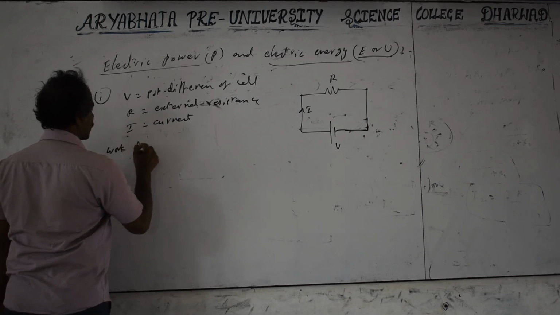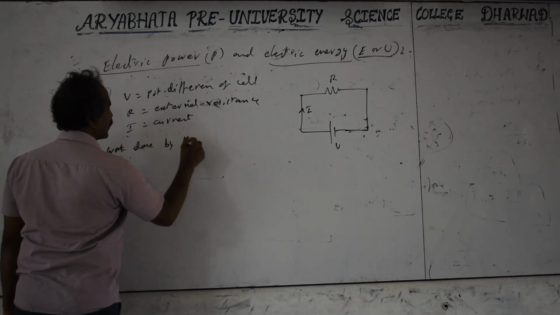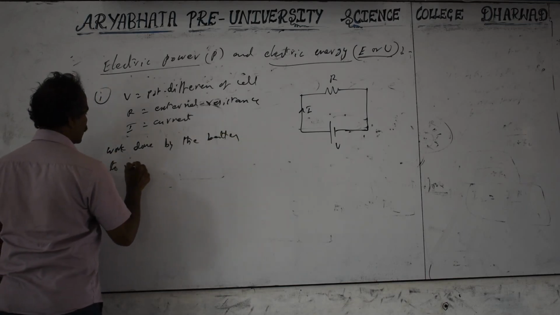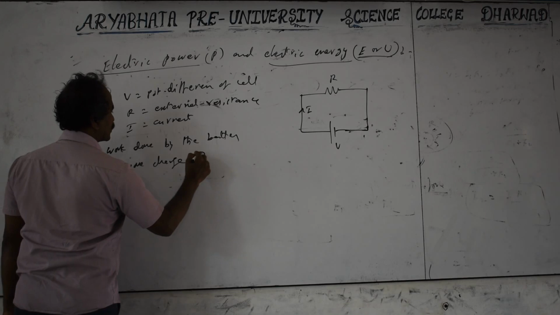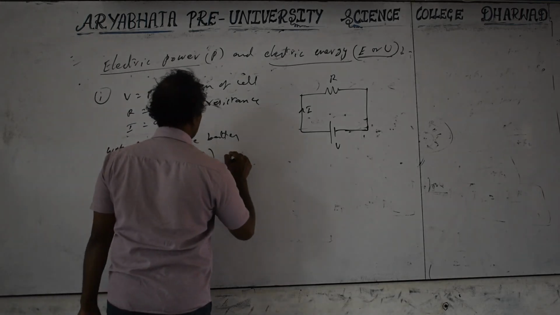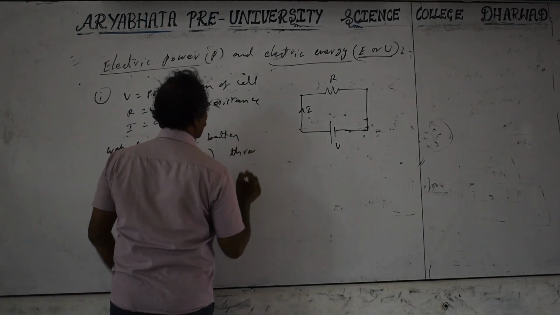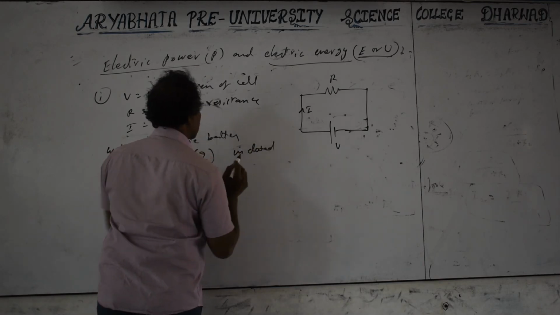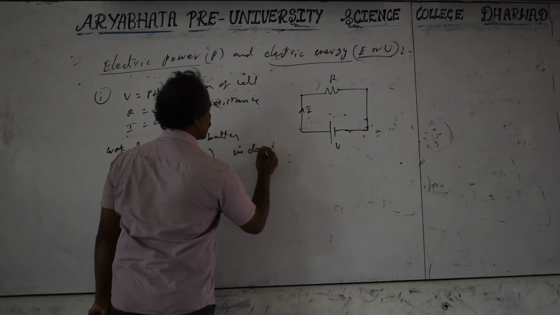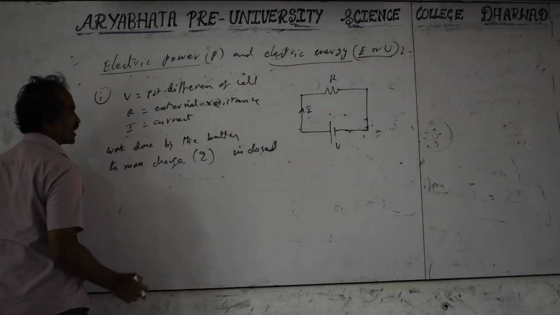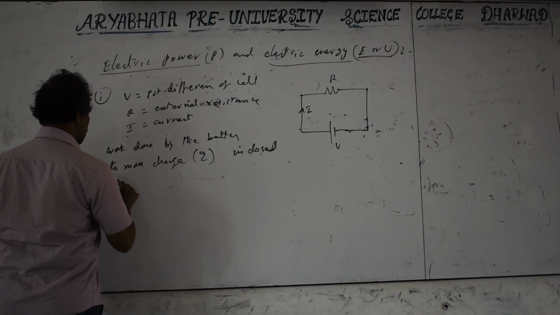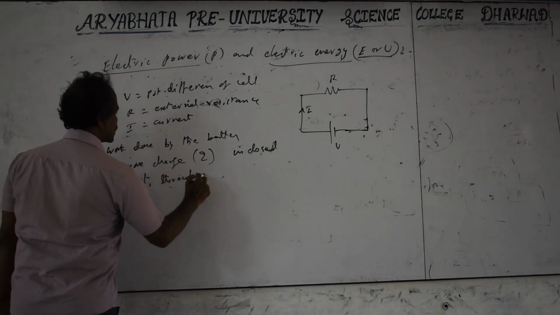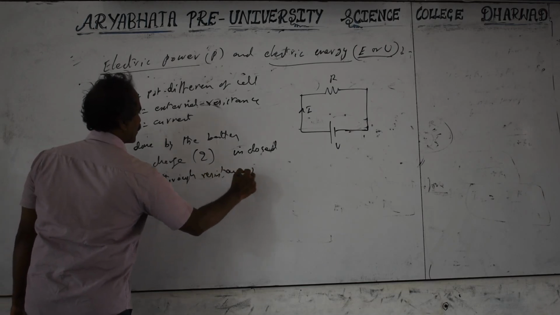Work done by the battery to move charge Q in a closed circuit. In a closed circuit, for the current to move, the circuit needs to be closed. Closed means the charge can come back to the starting point. In a closed circuit, through resistance R is